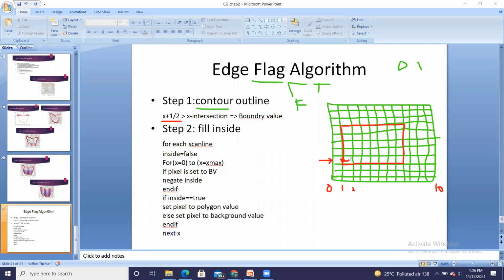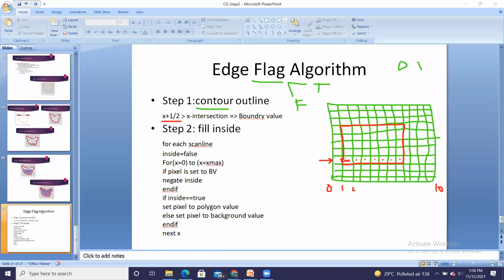This distance, half of the pixel distance. And that's why it is called half scan line. So I am concentrating on the half. So this is a pixel whose midpoint lies on the right hand side. Similarly, this midpoint is also on the right hand side. This is also on the right hand side till this particular point. Okay. So these are the pixels which are of our interest.